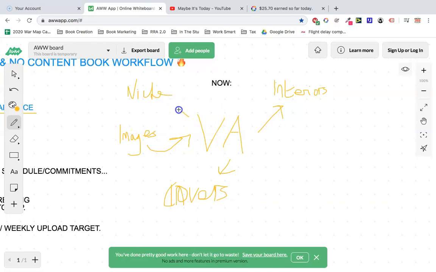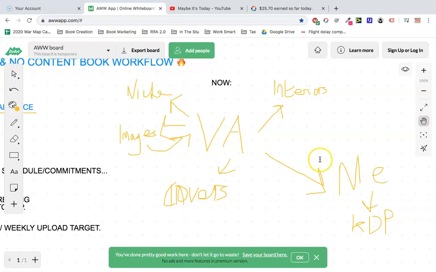So they would be doing absolutely everything, obviously under supervision, and then they would send that all back to me, all those different aspects, me over here, and then I just put that into KDP, and that could take maybe a few hours each week. So you still get the same output, but from a lot less hours, and you're not paying too much money for this VA. VAs can be very cheap.